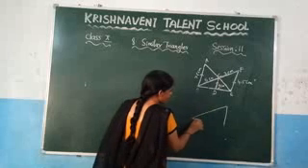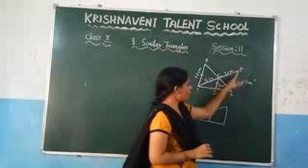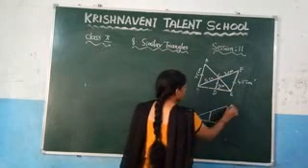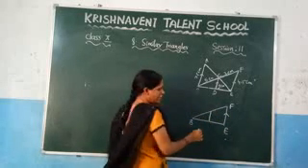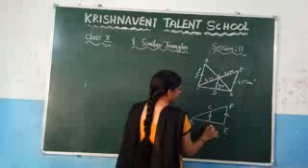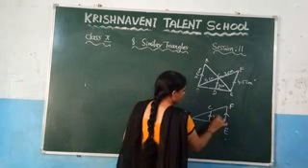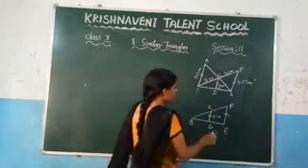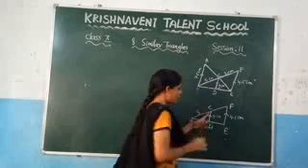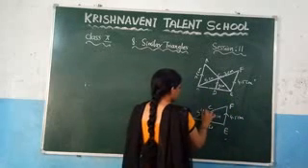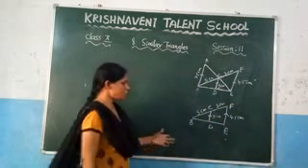So let us consider this triangle. What is the triangle they have given? It is BFE. And what is this length which is y, that we need to find. And this length they have given as 4.5 centimeters. And just now we have calculated the length of this one as 5 centimeters. And the length of this one they have given as 3 centimeters. These are the values we know here.